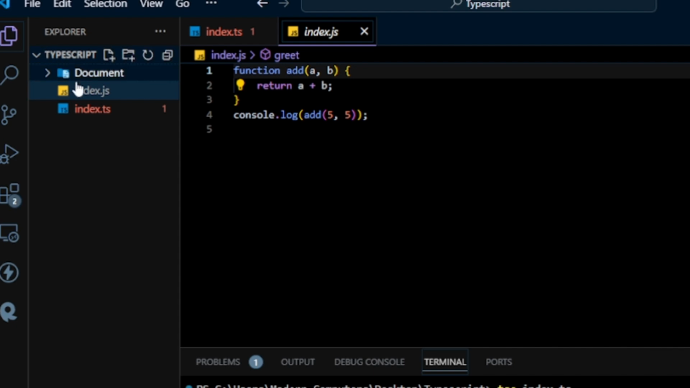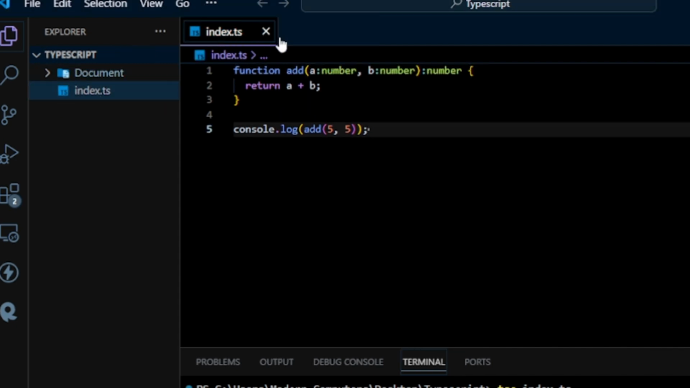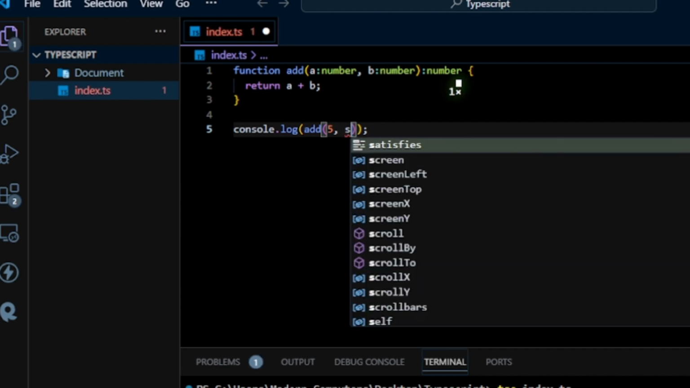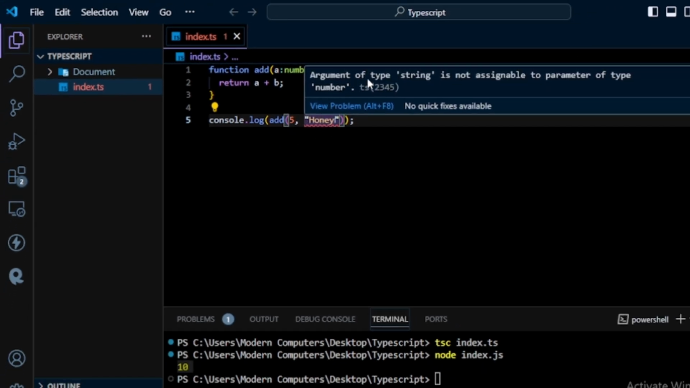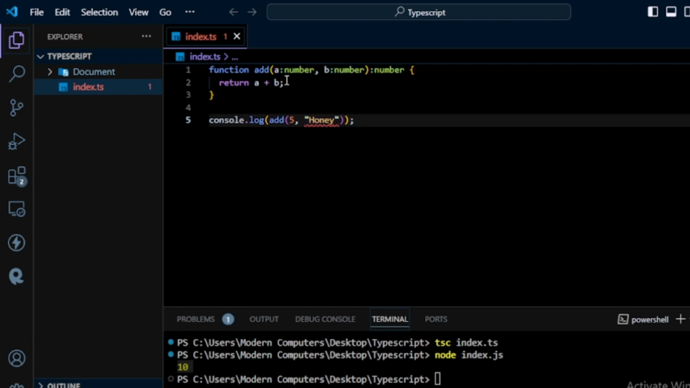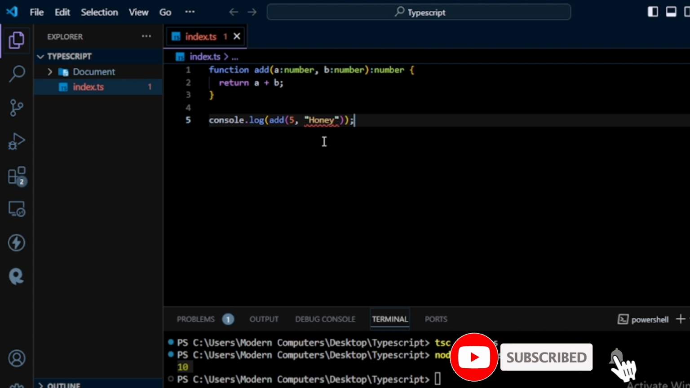So I again delete this index.js file and go to the index.ts file. Here I send a string value like "this is a honey". Save the file and you can see I get an error. You can see argument of type string is not assignable to parameter of type number. This says your parameter type is number, so you cannot assign a string value to a number type variable. So like that, when you are using TypeScript you can get an error at compile time